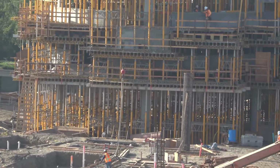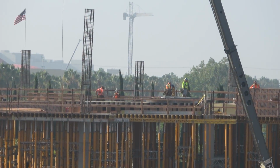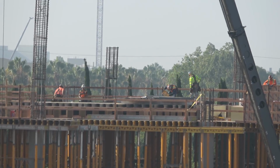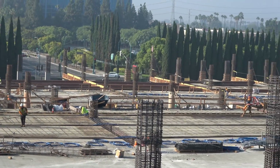Look at how high up they are. Anyway, back up to the top where these guys are super high up in the air. That's all I want to say about that. And look, they're going further up still. Do you see that? Oh my gosh, this thing's going to be even bigger by the time we get back there next week. And here's a wider look